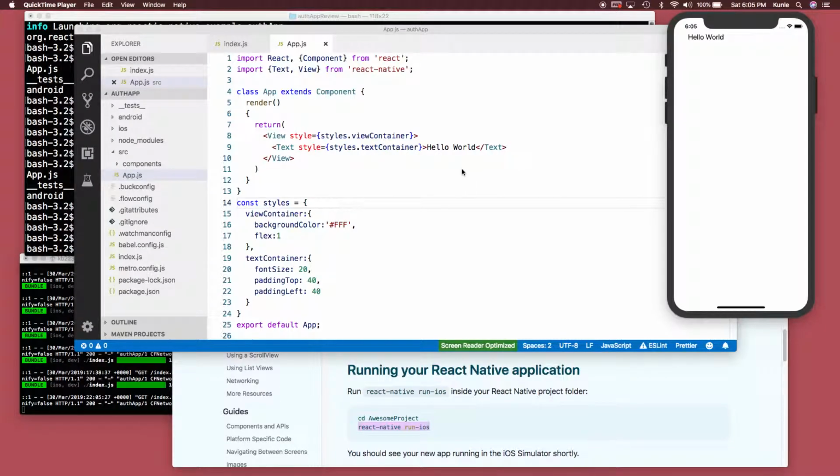Okay, so part three. We left off. We've made the hello world. Now in this section, I'm going to focus on making the head components of the app. So just to do a little clean up, I'm going to